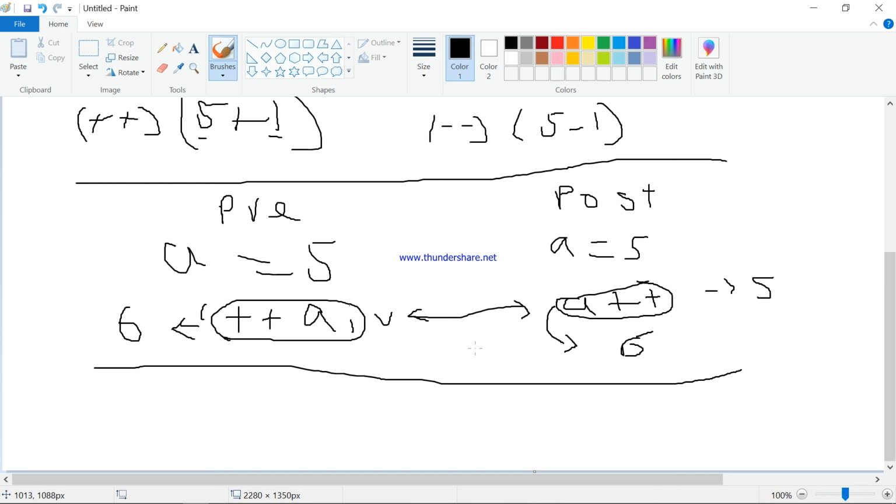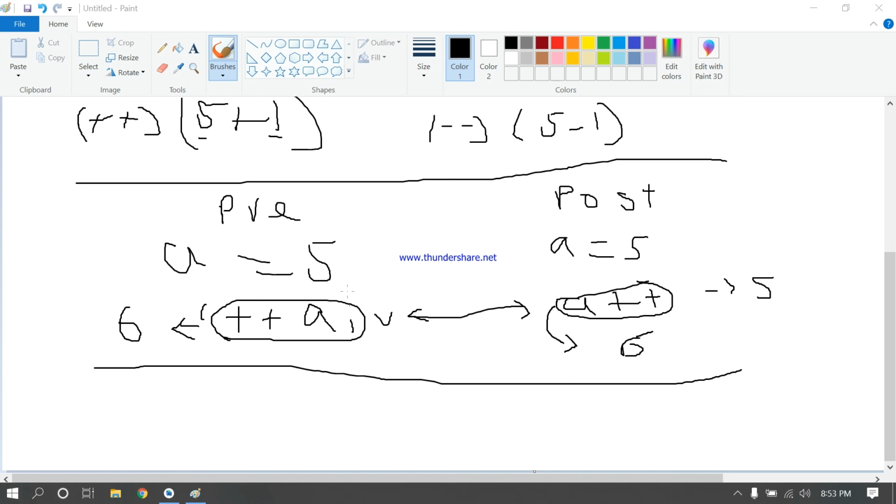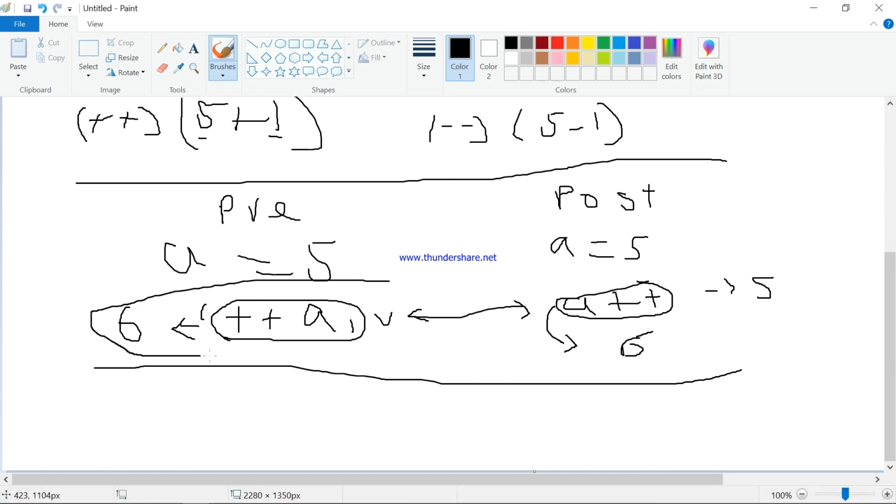If you use a pre-increment or decrement, it will be on the same line, and if you use the post-increment or decrement, the result will happen on the next line.